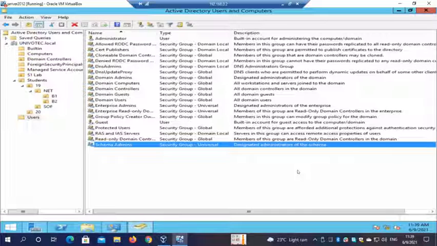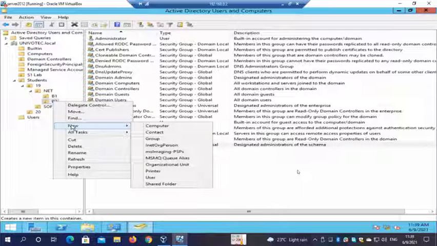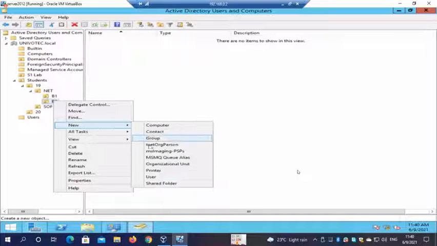Let me show you now. So when you right click and create, go to New. Yeah. So you can create a user, which is a normal account user. This contact is just some information. It's not an actual login, right?